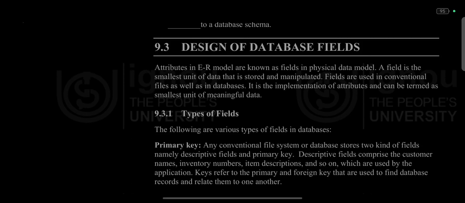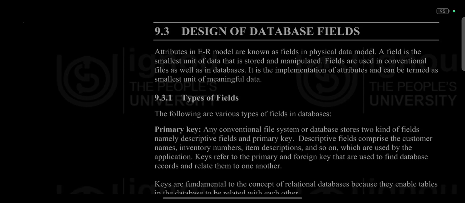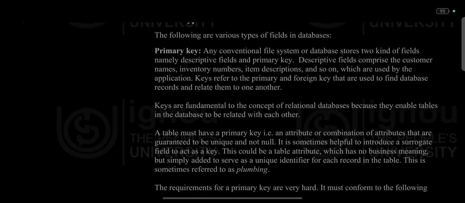Types of fields. The following are various types of fields in databases. Primary key. Any conventional file system or database stores two kinds of fields, namely descriptive fields and keys. Descriptive fields comprise the customer names, inventory numbers, item descriptions, and so on, which are used by the application. Keys refer to the primary and foreign keys that are used to find database records and relate them to one